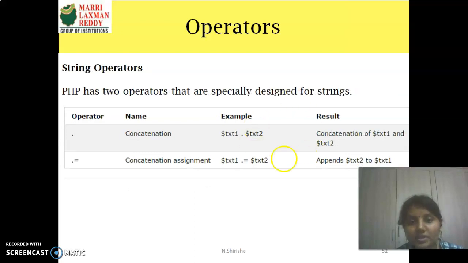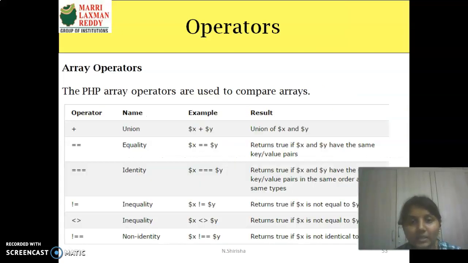Similarly, we have string operators, one is concatenation. So this is concatenation. We've been concatenating br to the echo, so there we have already used this dot, and we have used a few arithmetic operators also in our previous sessions, so you can go through them. And dot equals to is just appending the text to the existing text. You can use dot equal to as an assignment operator. Okay, concatenating assignment.